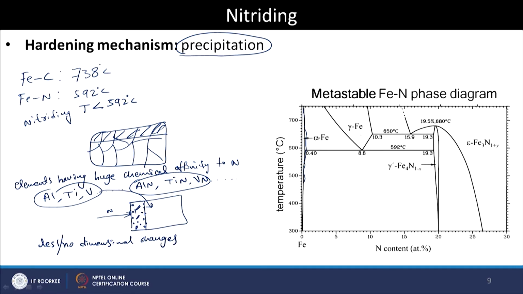after the nitriding treatment. You see, this way you see that the disadvantages of nitriding what we have seen can be overcome if you employ the nitriding treatment. So, this way we can actually optimize the process to give the surface hardness without changing the dimensions or the internal property of the core of the material. So, this is where we are having a precipitation hardening.